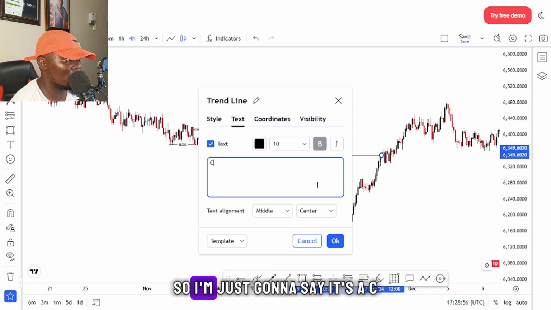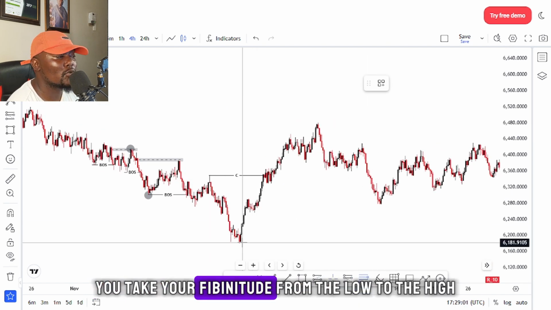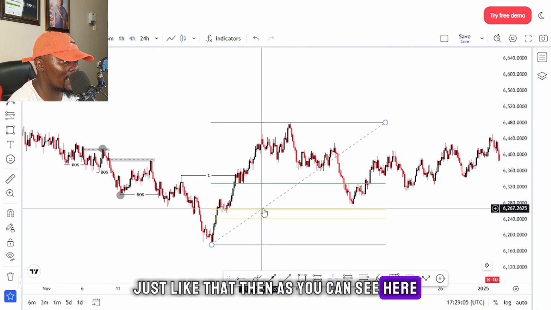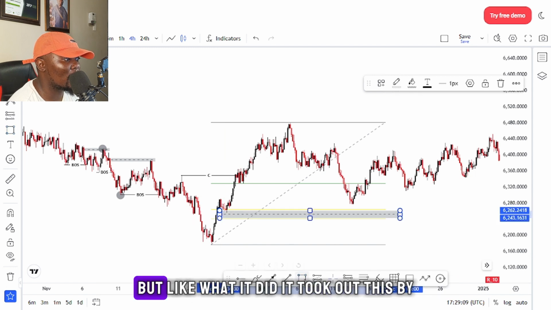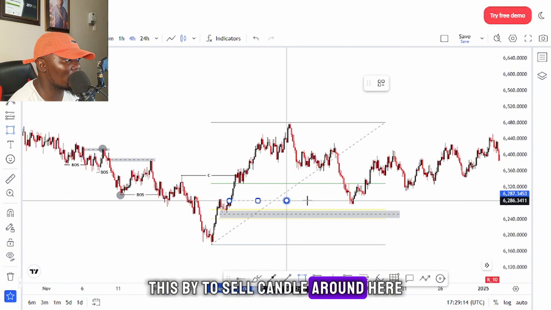This was your church. So I'm just gonna say it's a C. Then on that C, you take your Fibonacci tool from the low to the high, just like that. Then as you can see here, the market did not mitigate this area of interest, which is the golden zone. But what it did, it took out this buy to sell candle around here, which is the